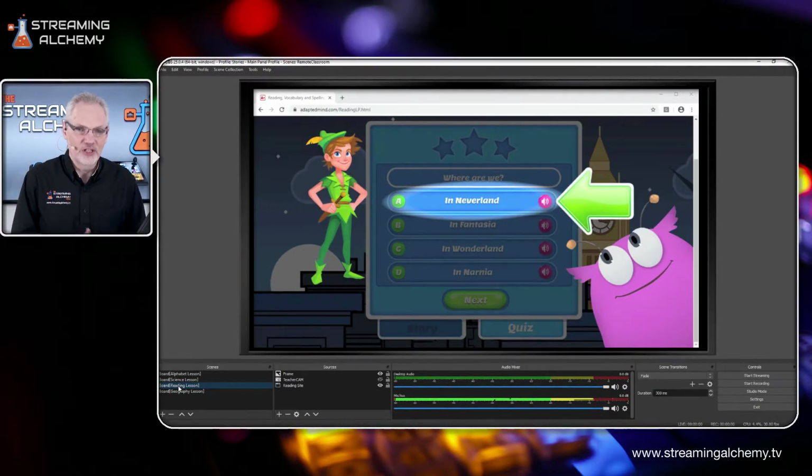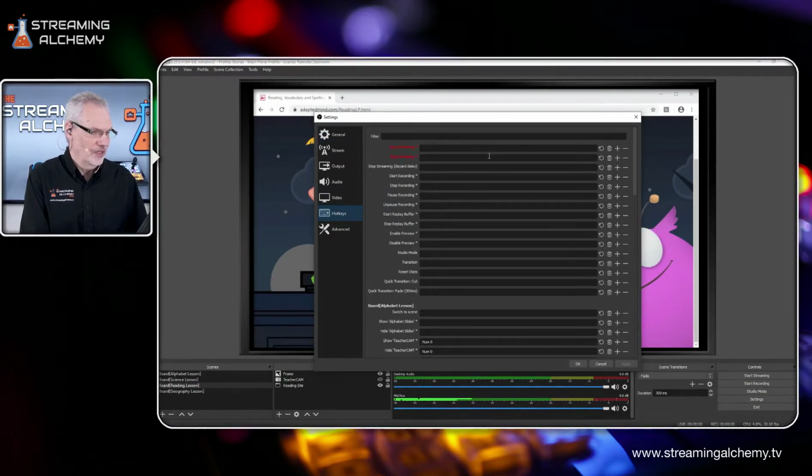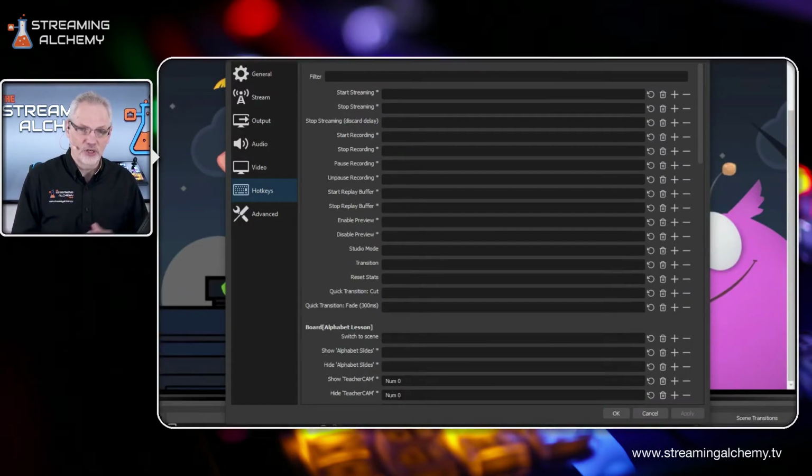The thing, though, that makes this workable when you're trying to do this as a production is something in OBS called hotkeys. So in OBS, if you go up and you open up settings, one of the sections in settings is called hotkeys. And so they have hotkeys that you can apply, basically a single key press that can trigger an action. So they have hotkeys that you can apply globally. So these are all the things you'd want to do for streaming or recording,